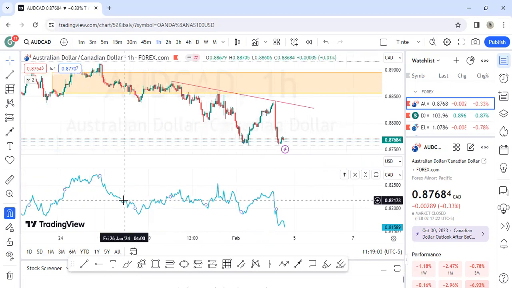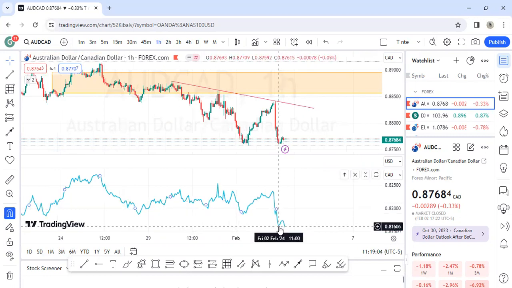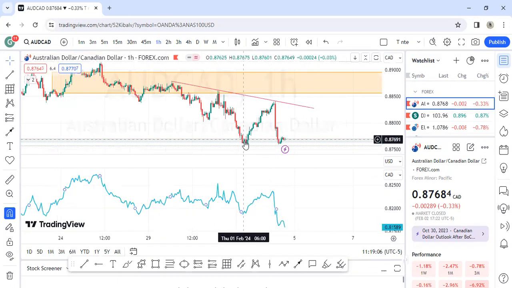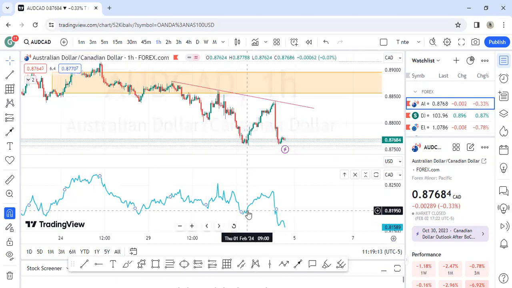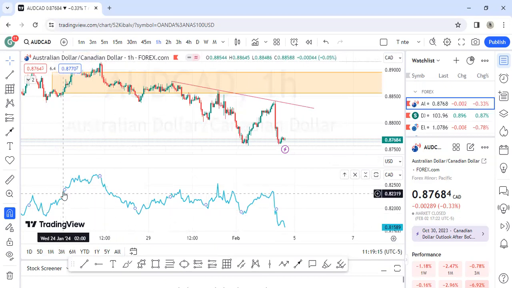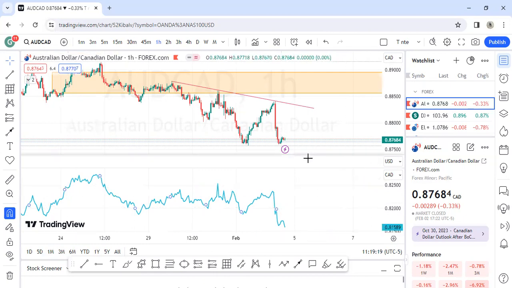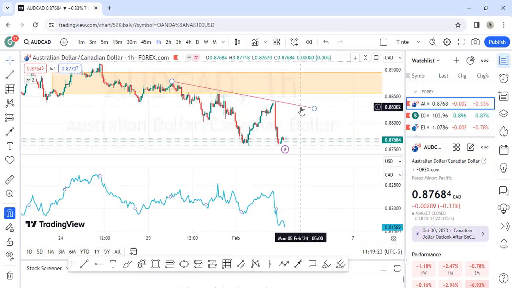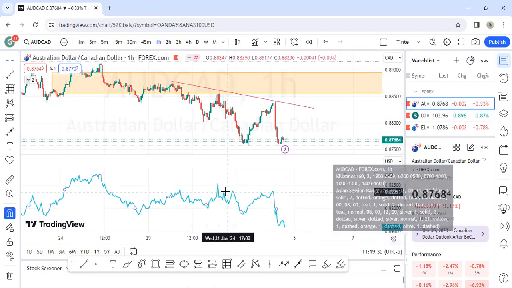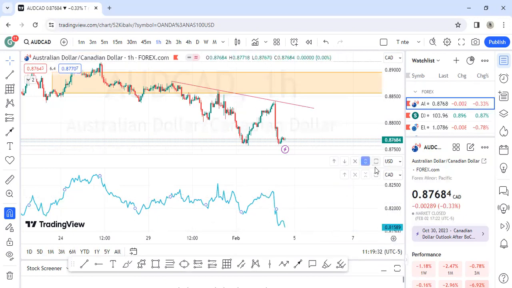Based on what I can see, NZD card has made a low, while AD card is failing to make a low. All right, so that may be a sign of bullishness. I wouldn't be very hasty now. So that's something I'm looking at. If the market gives a reason to buy, it might be nice to see the market buy and take out this liquidity pool. That would be very, very interesting to see. If we can have that, it would be nice to see.